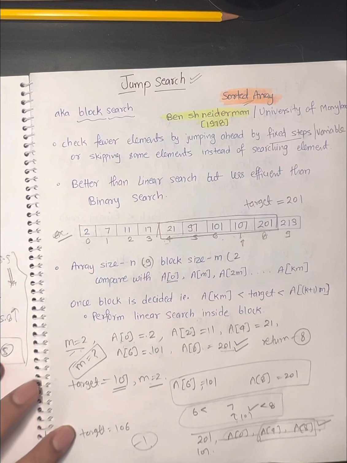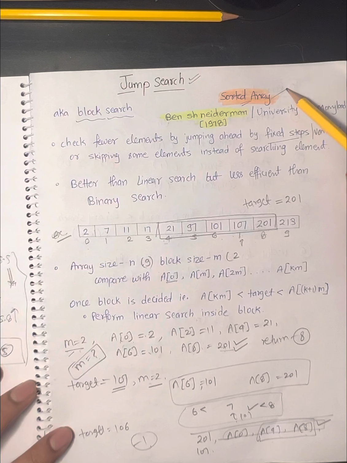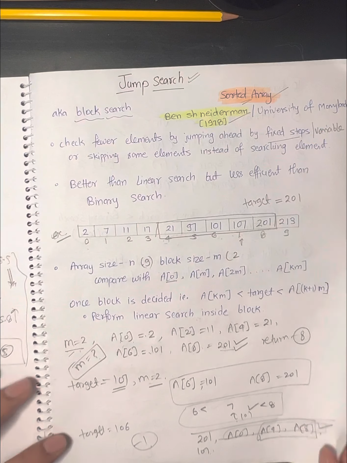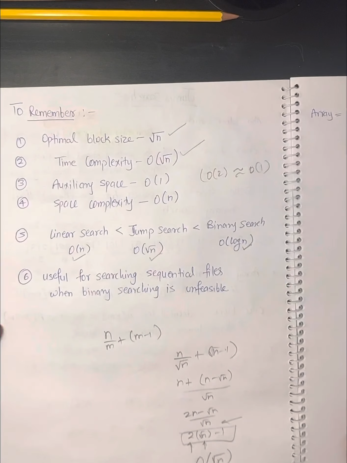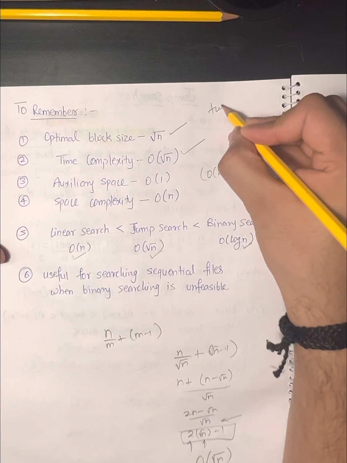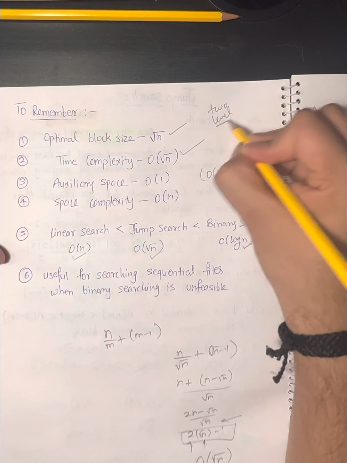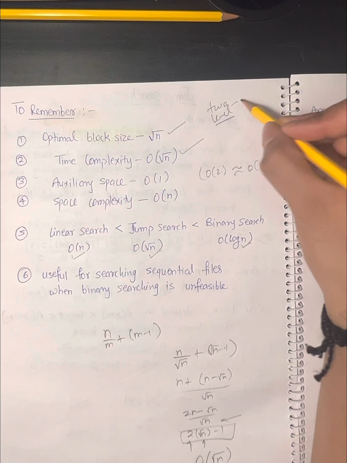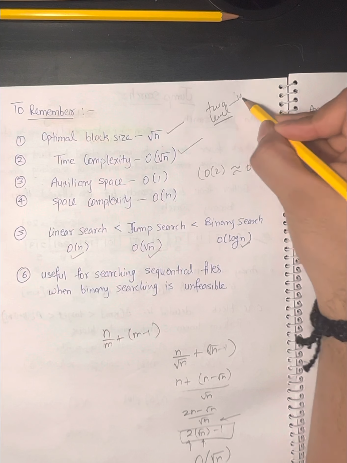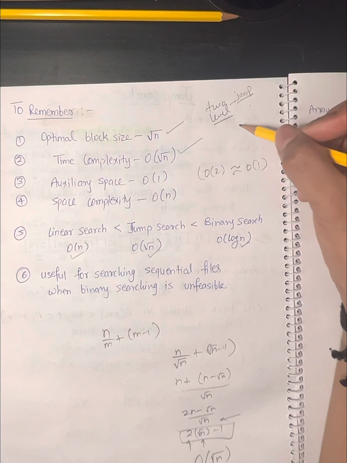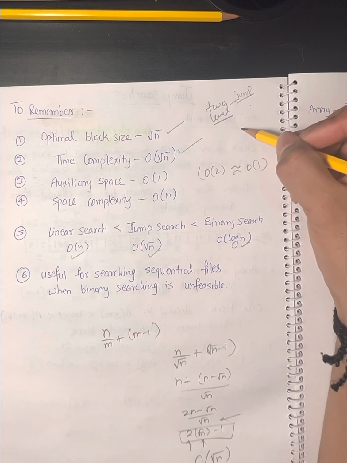So we'll just do one last thing. Jump search algorithm works on sorted arrays. It was developed in 1978. It uses fixed step. There are other variations of jump search algorithm too. Rather than using a single, we can use two level. In two level, rather than when we find the block, then we use linear search. In two level, we can use jump search only. So basically we find the block using jump search. Then within that block also we again apply jump search algorithm.